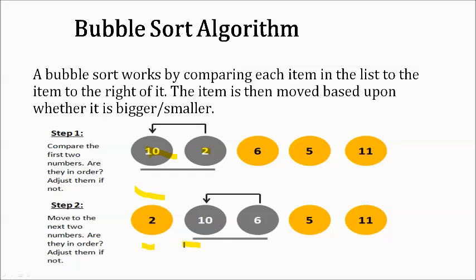Moving to the next data, 10 compared to 6. Okay, is 10 greater than 6? Yes. So since 10 is greater than 6, then you have to swap. Okay? So meaning to say they have to change position. So by the way, don't forget, if you're going to interchange or swap, it should be in the position of those compared values. Okay?